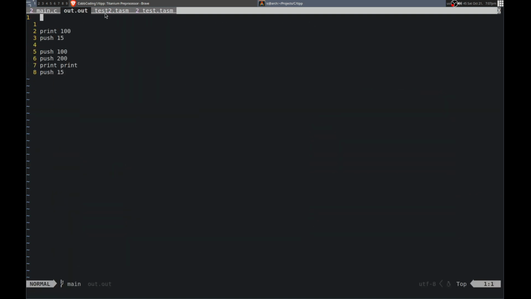So what I want to do is have something like this, where it says the current file name, so this is where it's being imported, and then also a space, and then the line number. So it starts at 1, and then at the end